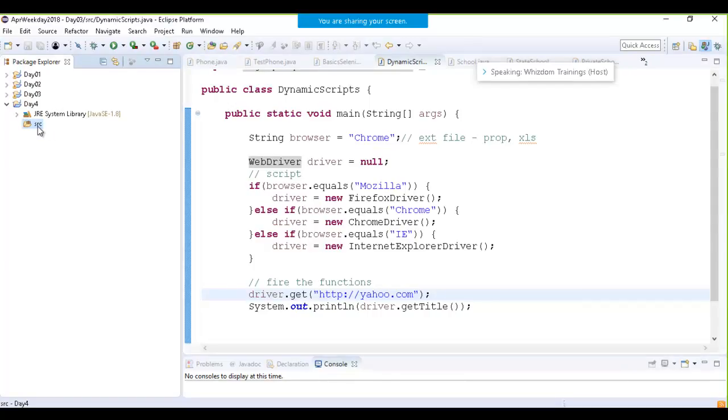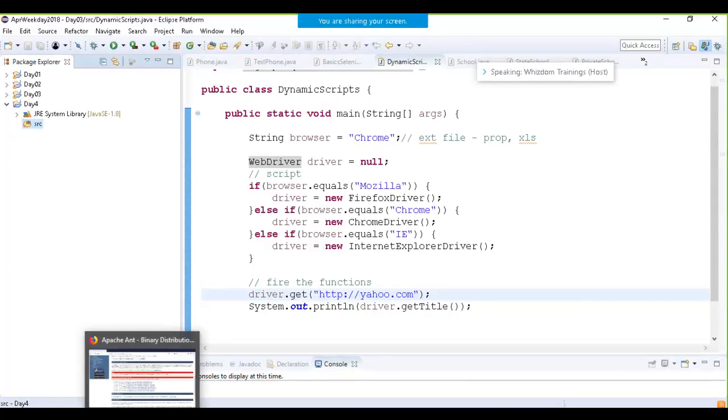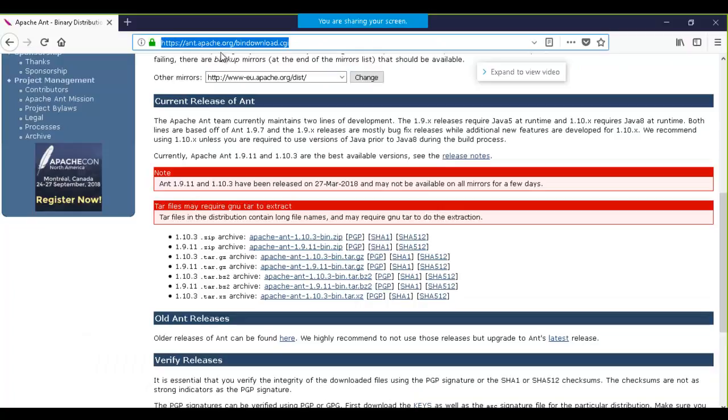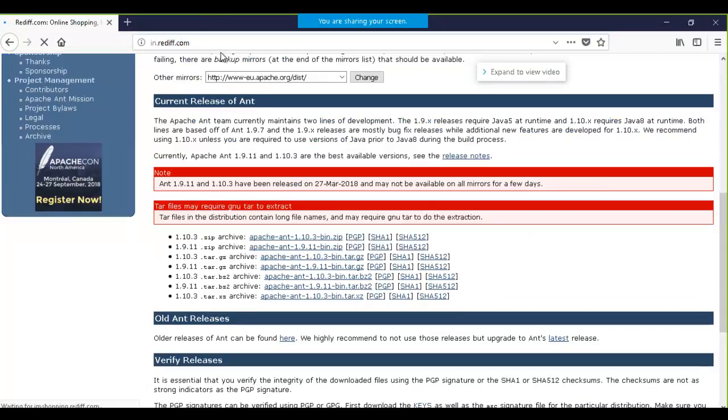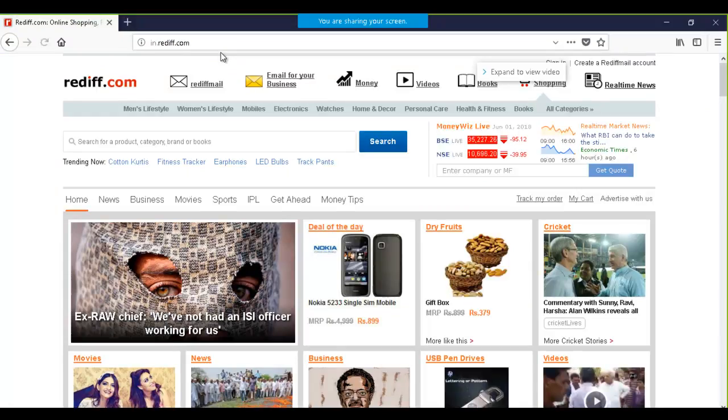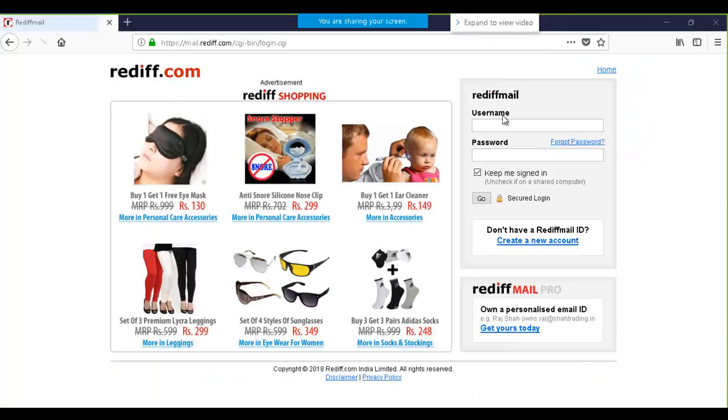Fine. Suppose I want to go to this website. And on this website, I need to click on the sign in link and I need to enter the user ID and password. Alright, if I go by